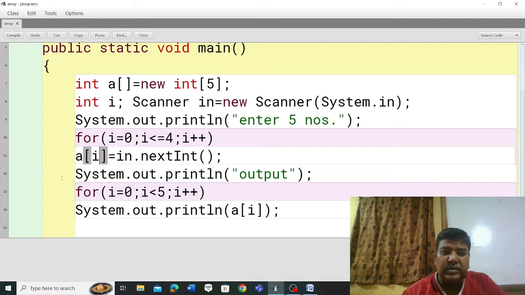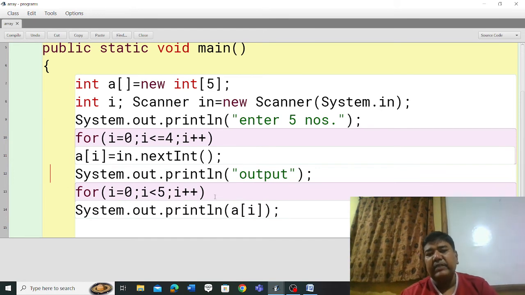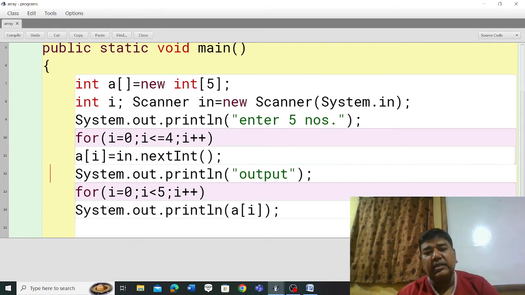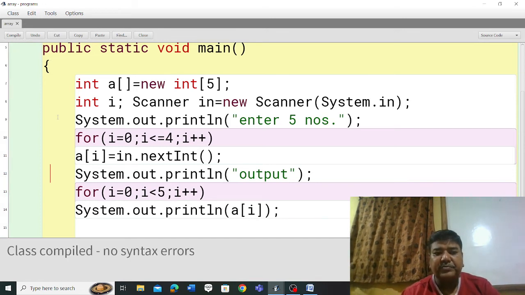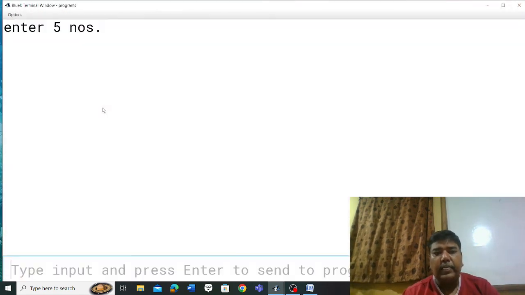Then I have given one message, System.out.println("Output"). Again I will write the loop i = 0, i < 5, i++, and then System.out.println(a[i]). So it will print a[0], then a[1], a[2], a[3], a[4]. Like this it will work. Now let us compile. See, no syntax errors. Close the program, right click, void main.